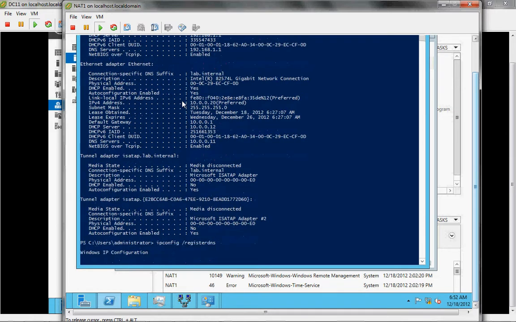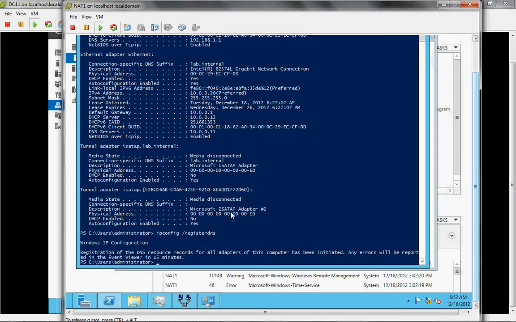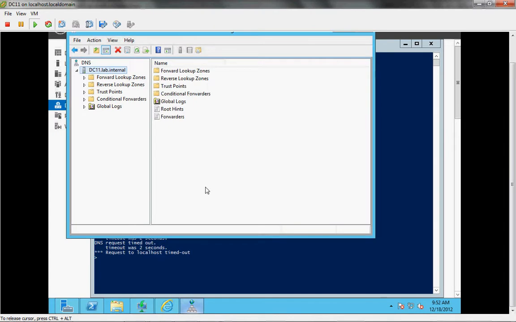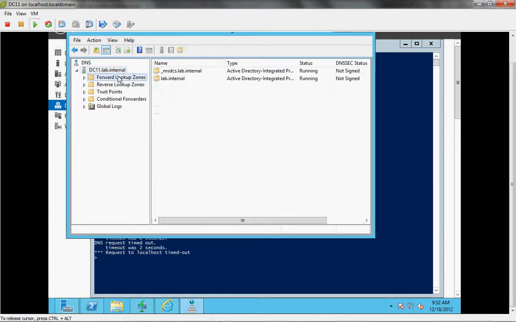You see I've got two addresses for this, the old one which hasn't gone away yet, and the new one. So I just delete the old one. Now I've got the 10.10.1 address, and if I do this and say